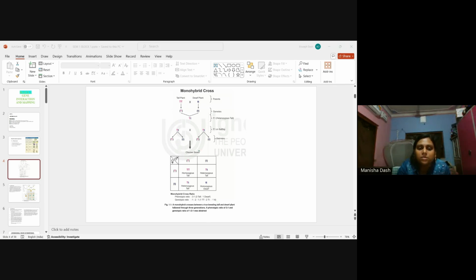So this capital T is not allowing the small t to express itself. So this is the dominant character, and this is the recessive character, the small t. And the other thing was the law of segregation. That means during gametogenesis, the gamete will receive only one copy of the allele. So when in the heterozygous parent there was capital T and small t both, but